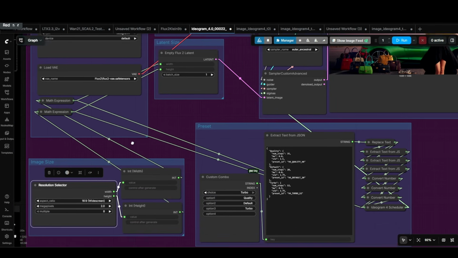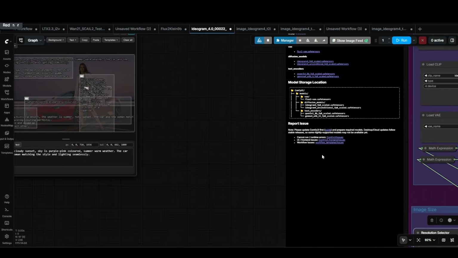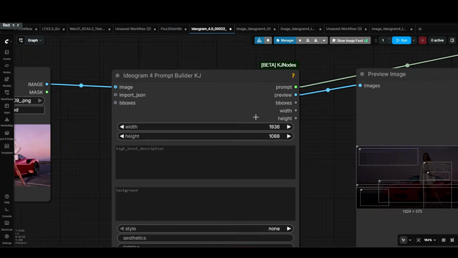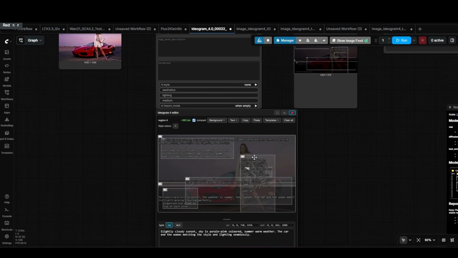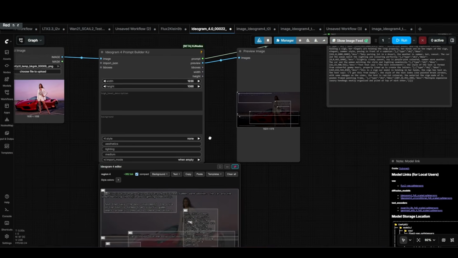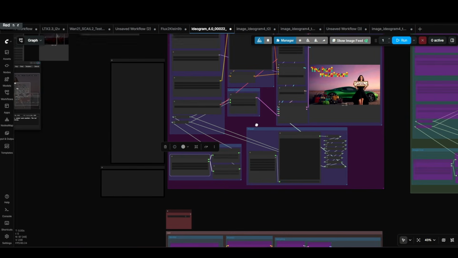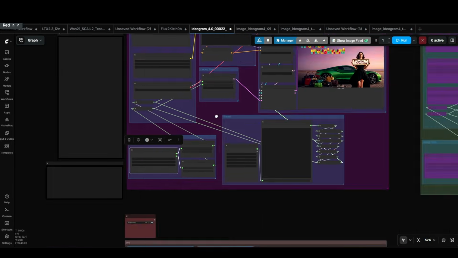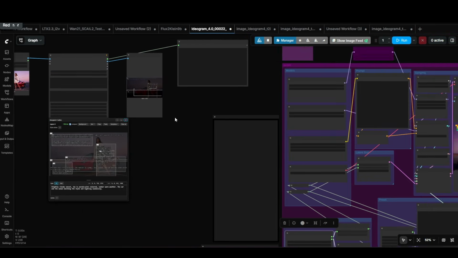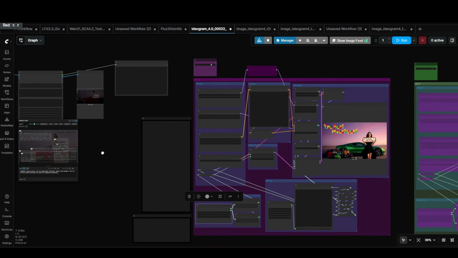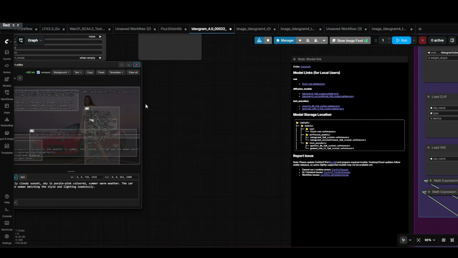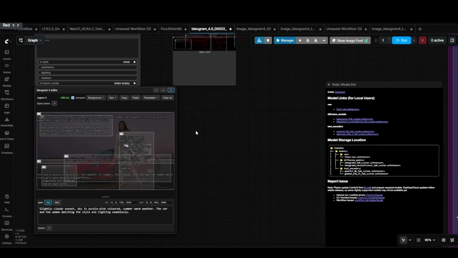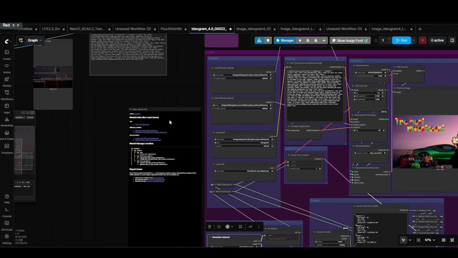aspect ratio here with all these math-based stuff, I have to go back here to the ComfyUI node and make sure that my size is set correctly. And then I adjusted my squares a little bit. So when you adjust the size within here, make sure that your ComfyUI node is created properly. Sometimes it's gonna be fine. So even though you set the ComfyUI node to like 1024 by 1024, and the squares are kind of like jumping together a little bit and get stretched out or squished together, it could still generate something good